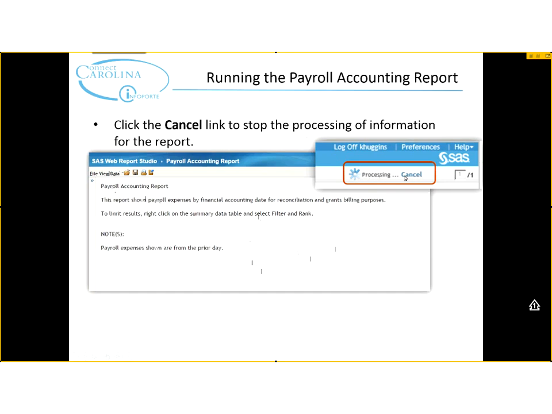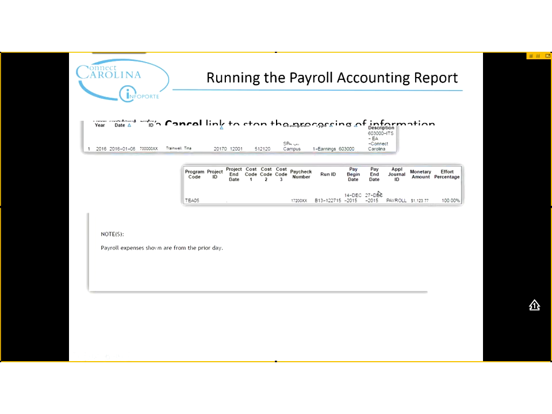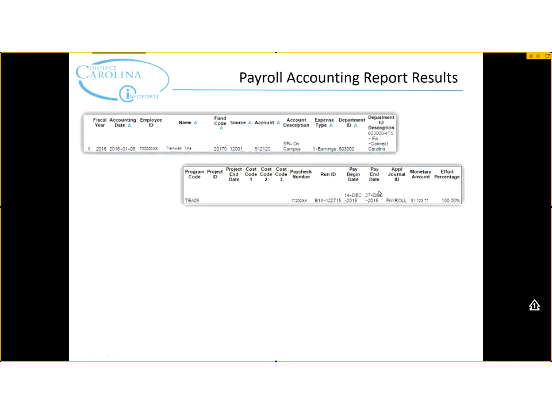But what I want to highlight is that there is a little link in blue. It says cancel. So if perhaps you've done just this giant search, it's taking too long, or you need to interrupt your search to go do something else, you are able to hit a cancel button to stop this process. Once this stops processing, it will then display your report. So what I've done here is I've just captured one row of information and all the column headings, and I just want to talk about